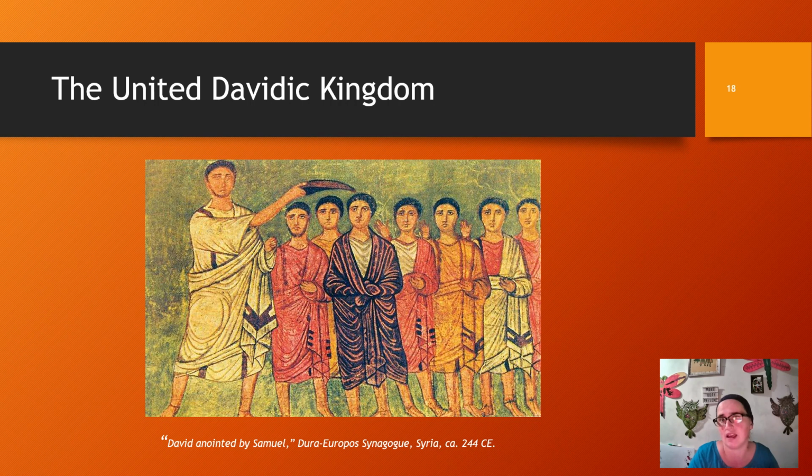So the fact that Israel becomes a kingdom under a head with a capital and a temple starts to progress ancient Israelite religion towards what we would know as Judaism. David, as the anointed king, anointed by the prophet Samuel, becomes the prototype for the Messiah, or the anointed leader, the leader that's anointed by God as the rightful head of Israel. And it is with David that the Davidic covenant is formed.